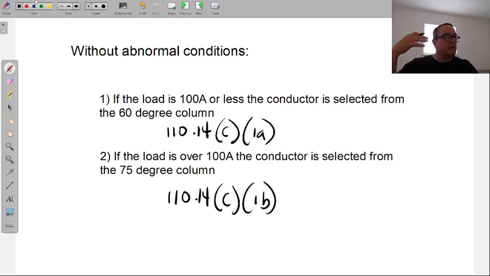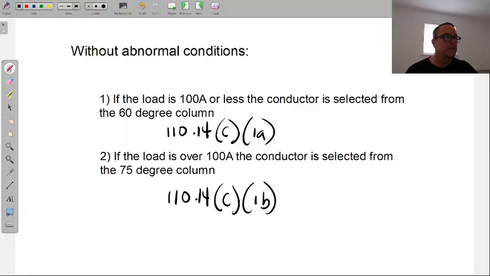But this is something we should now, at this point, be trying to memorize, trying to let that just become a thing we know. I know that's 100 amps or less, 60 degree. I know that over 100 amps, 75. Real critical that we say over 100, sorry. I just said 100 amps or more. But yeah, that's the article it comes from. I'm going to jump back over to 310, so one second as I get back over there. But that's specifically the article it comes in.